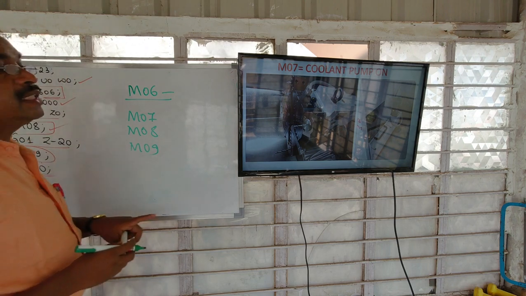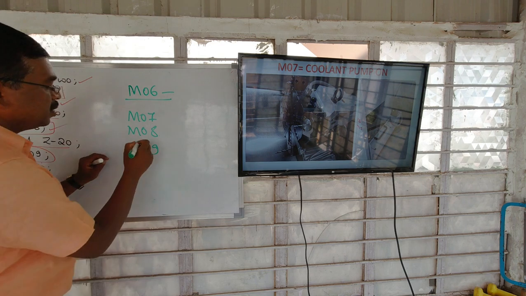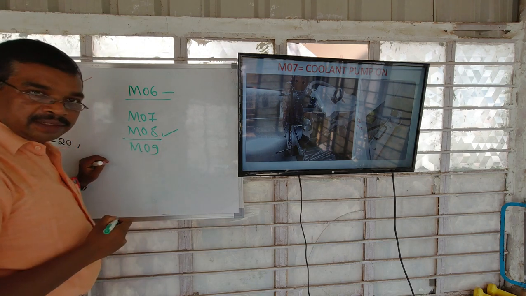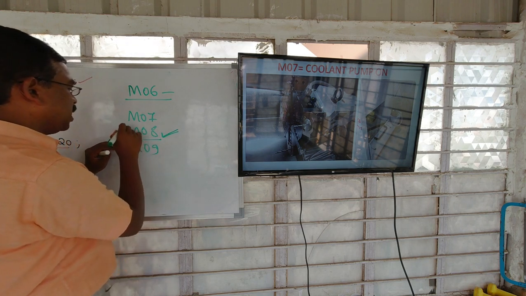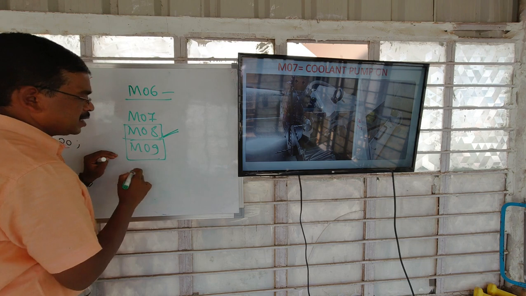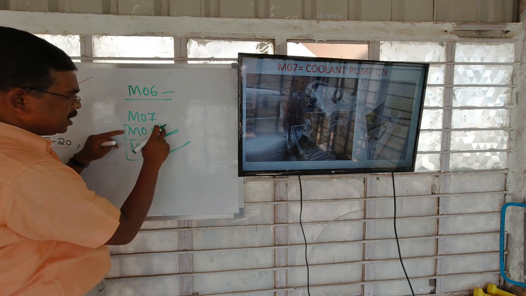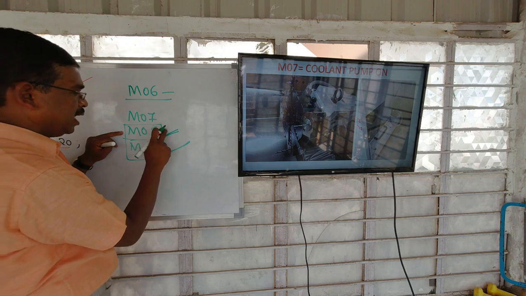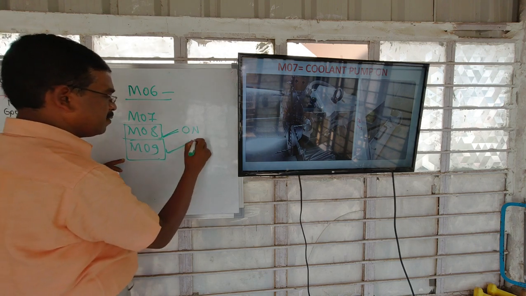For our CNC turning center, to switch on the coolant system, we have to give the M08 command. When I switch on the coolant system by inputting M08, I have to switch off the coolant system by M09 only.